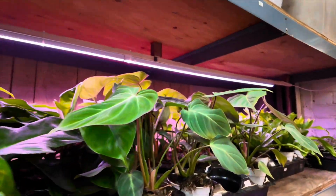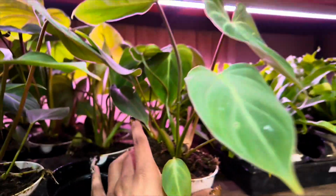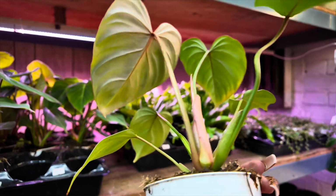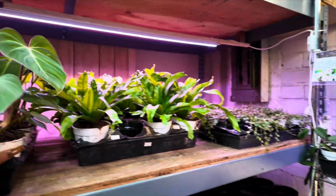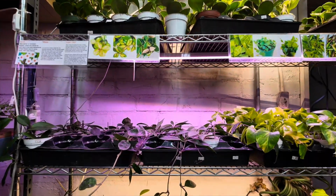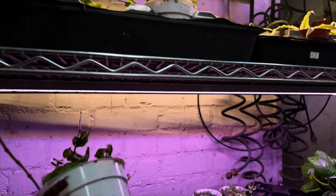Back here, it seems like we have starters, which is always a really good buy, especially when you can get them at a decent price of $12. These are really decent starters. They feel like they're well established. They have new growth. I would like to see the roots more, but I can't because I have my hands full holding the camera. But I really am going to do a video on what to look for because